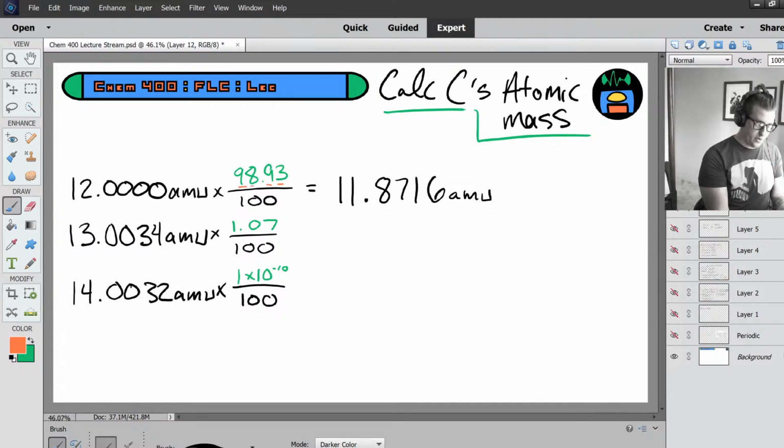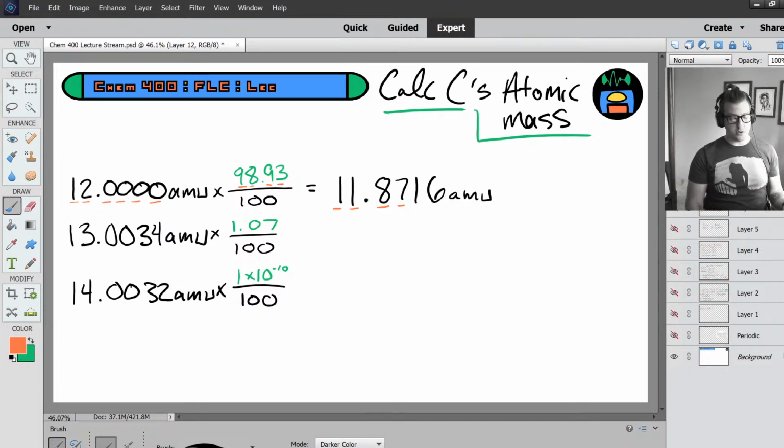All right, and 98.93 has 4. 12.0000 has 6. So I can only keep 4. So I'm going to put lines 1, 2, 3, 4. I'm going to wait to round to the end. The correct way to do sig figs is you wait to round to the end, but you apply the rules as you go. So I'm just going to leave this 11.8716 as is, but you can see I put these lines under here to remind myself that that value has only